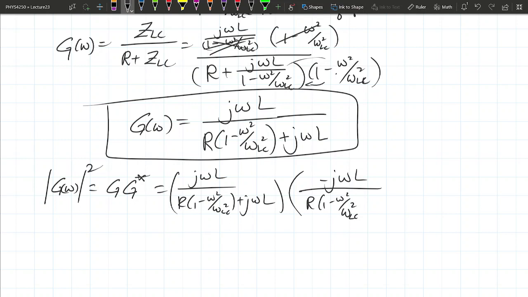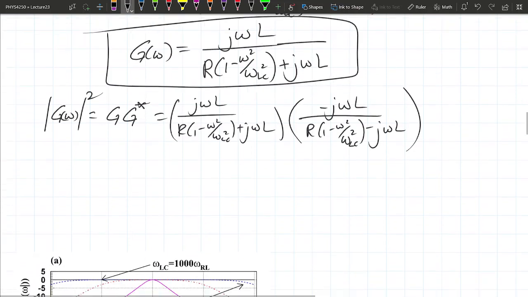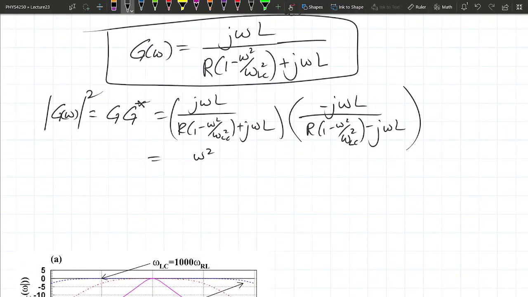Omega LC square. There's also a j here, so that also turns out negative. I multiply the top numbers together, I get omega square L square. Multiply these two numbers together, right? The thing is called FOIL or something like that. These are like perfect squares of each other, because you have something plus something and then something minus something. So basically, the result is going to be this part square and then this part square,